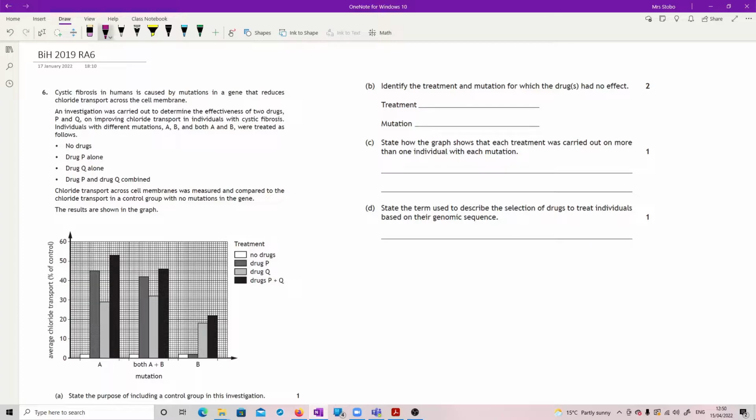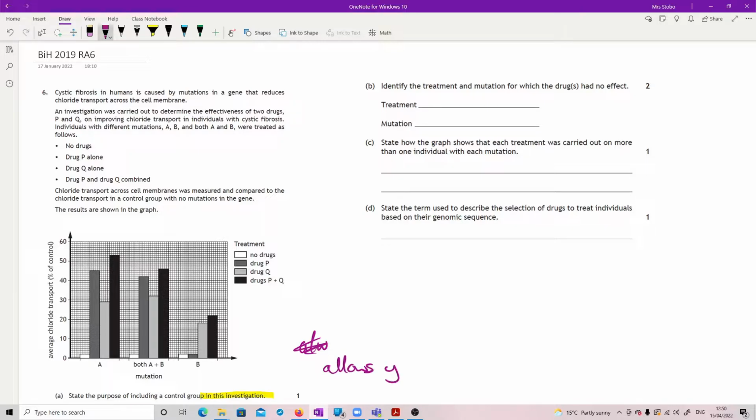State the purpose of including a control group in this investigation. So this is the same thing you've got to be careful of any time from a data handling point of view. It says in this investigation. So you have to not just say it gives you something to compare it to, which is what a control's for. You have to say that it allows you,